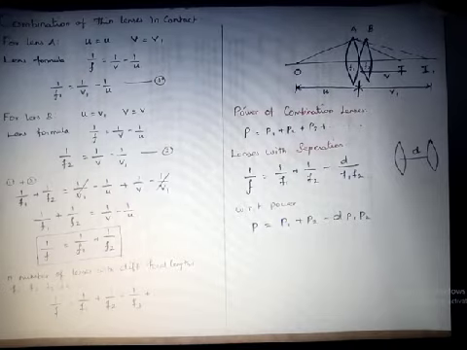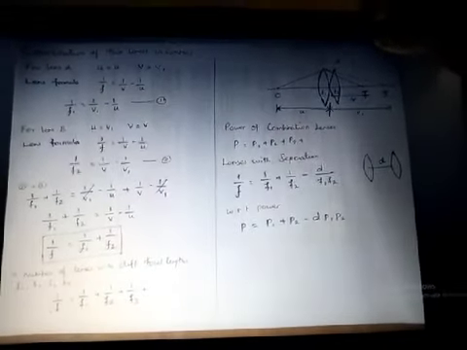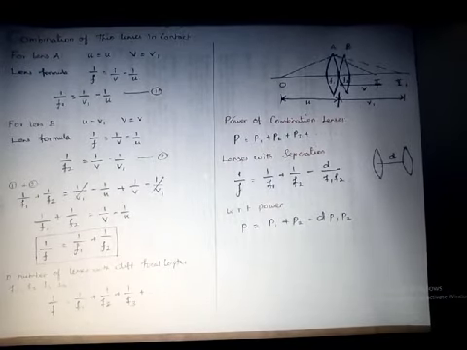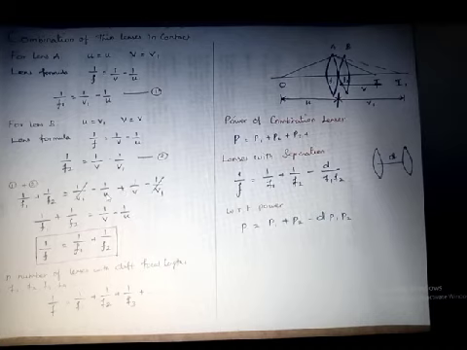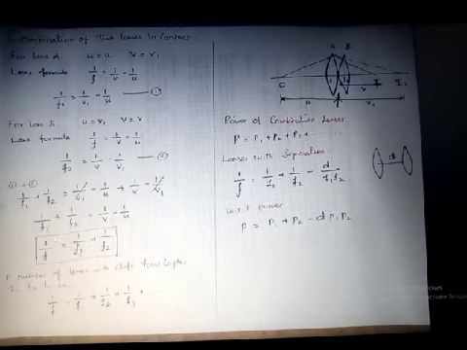So if we add, 1 by f1 plus 1 by f2 is equal to 1 by v1 minus 1 by u, this is the first equation, plus 1 by v minus 1 by v1. So this plus 1 by v1 and this minus 1 by v1 get cancelled. So what is the leftover? 1 by f1 plus 1 by f2 is equal to 1 by v minus 1 by u. 1 by v minus 1 by u, what is that? It is 1 by f. So instead of this, I have written 1 by f is equal to 1 by f1 plus 1 by f2.